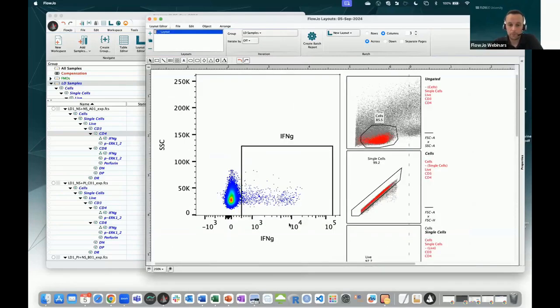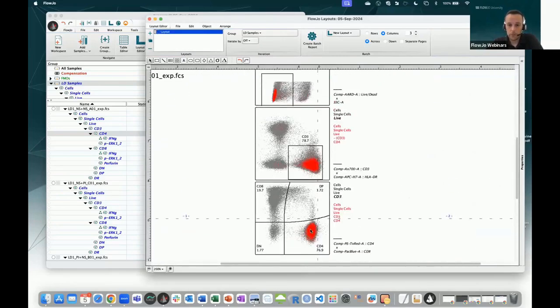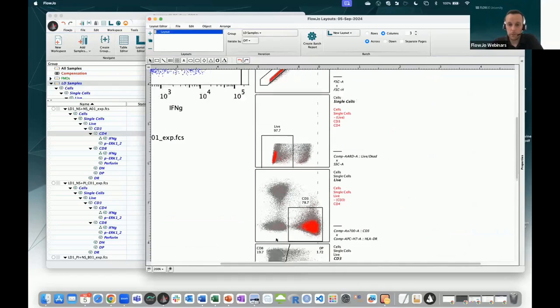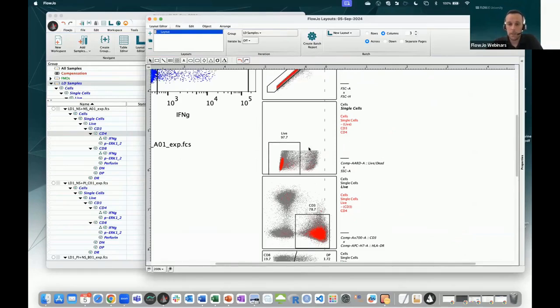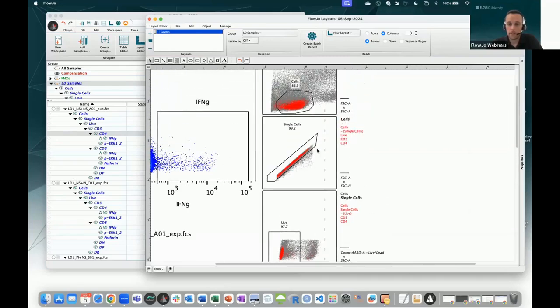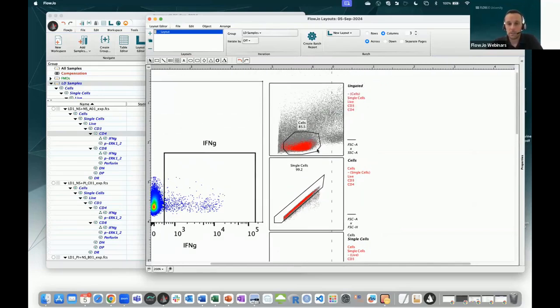So if you look, all our CD4, of course, are CD4. You see that there's some CD4 that are not positive for CD3. They are double negative or even DR positive. Makes sense. We know some monocytes can display CD4, so nothing to worry about here in this case. You see that some CD4 population are dead. Makes sense. There are cells that can die. Same thing, you see some CD4 that are in the doublet. There are cells that can be doublets. And you see that I selected most of my CD4 with my forward scalar, side scalar gate. If I was worried about it,